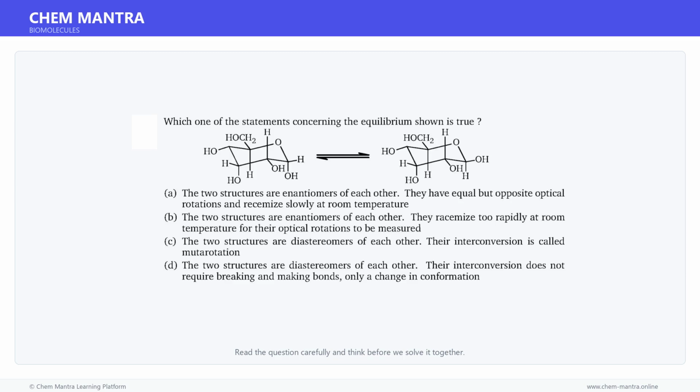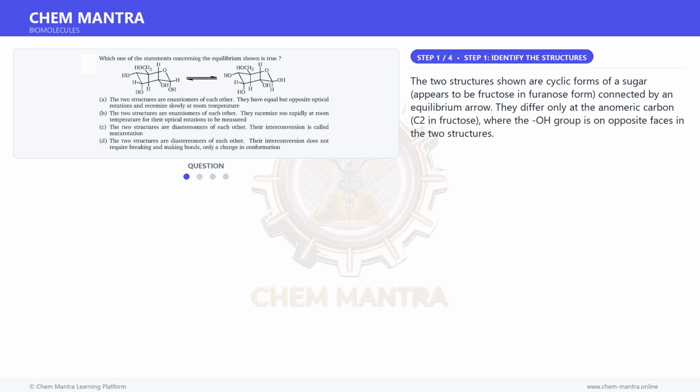Here is a question. Read it carefully and think about the answer. Let us solve it step by step. Let us begin solving this step by step. The two structures shown are cyclic forms of a sugar, appears to be fructose in furanose form, connected by an